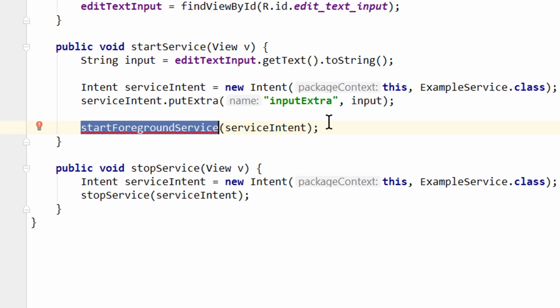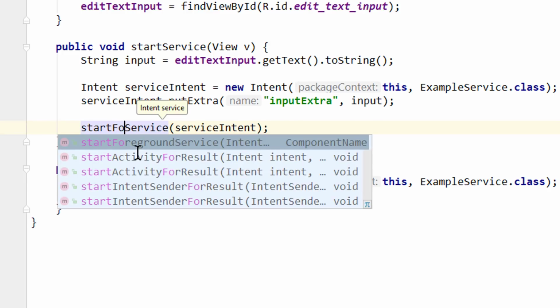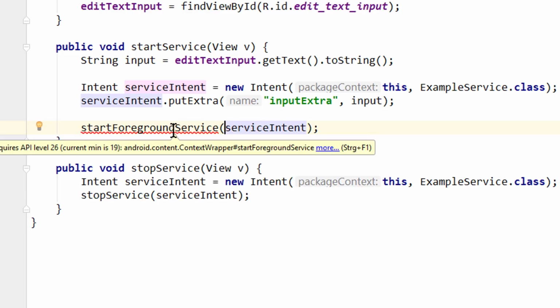If you try to call startService from the background, it will throw an illegal state exception and your app will crash. Now there are some situations where your app is on a temporary whitelist and you can call startService from the background without a crash, but usually when your app is in the background, you should just use startForegroundService.